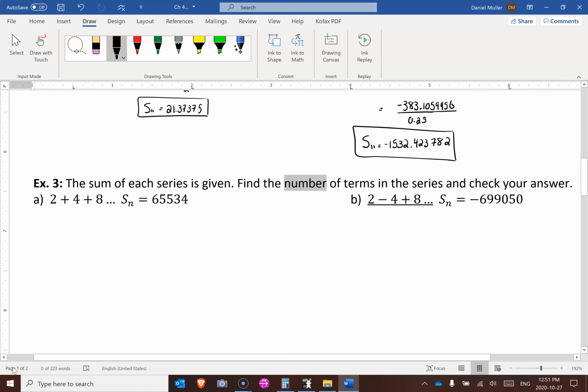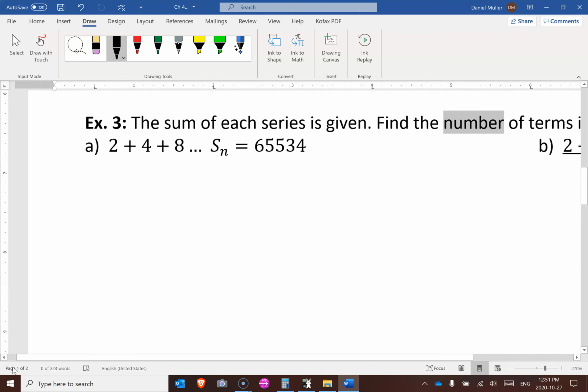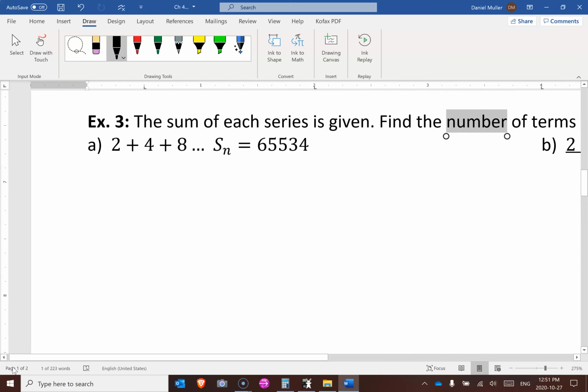Okay, so we're going to look at 2 more questions here. And now we want to find the number of terms. So what we're trying to find is n. How many terms is this thing? So we know T1. We know T1 is 2. And our r is 4, the second term, divided by the first term, which is 2. So 4 over 2, which is 2. And we do know Sn. It does tell us that. That's